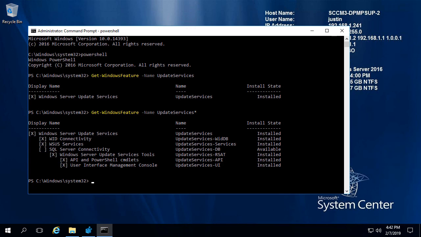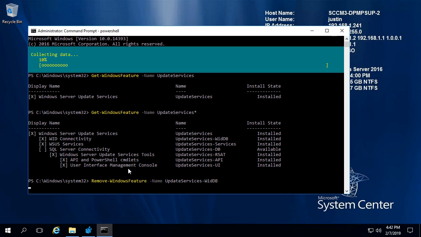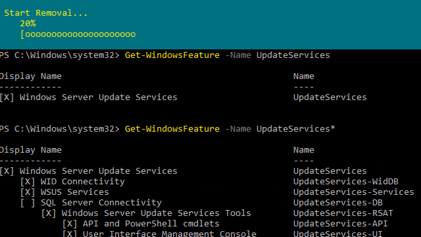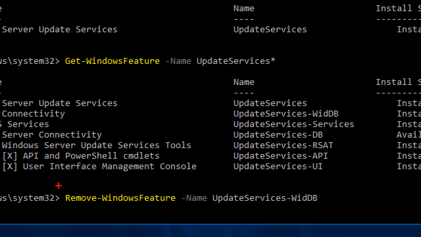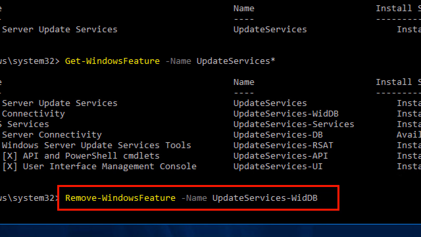So I thought that would be a good option to cover all the different scenarios here. All right, so I'm going to go ahead and paste in a command. This is going to be removing the Windows Internal Database instance within the server. So if we look here, we're just going to say